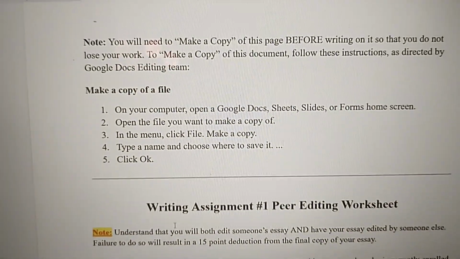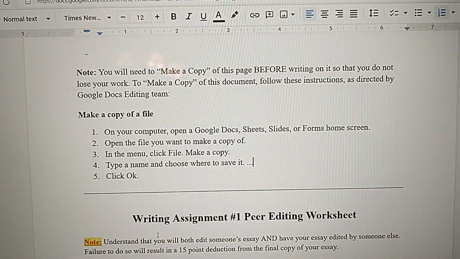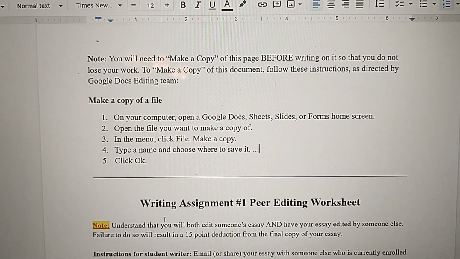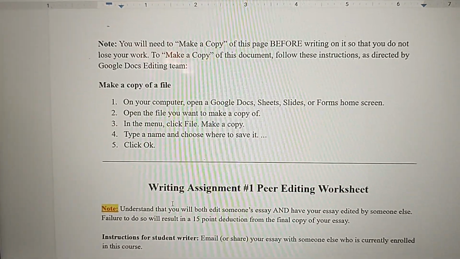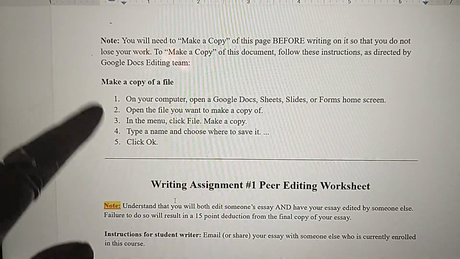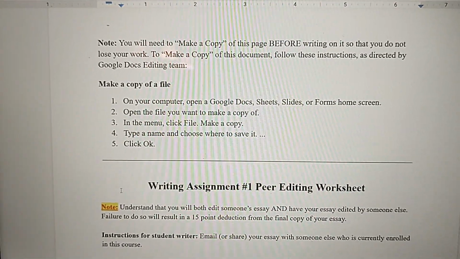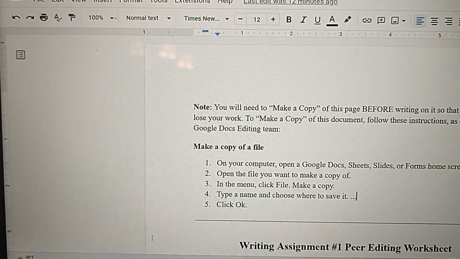So first thing you want to do for this peer editing worksheet is you're going to want to make a copy. Professor Walton, how do I make a copy? Well, number one, there are 5 steps showing you how to make a copy, but I'm going to show you visually through a demonstration, just in case we don't know how to read the instructions, okay? So what we're going to do is scroll down, scroll all the way over,